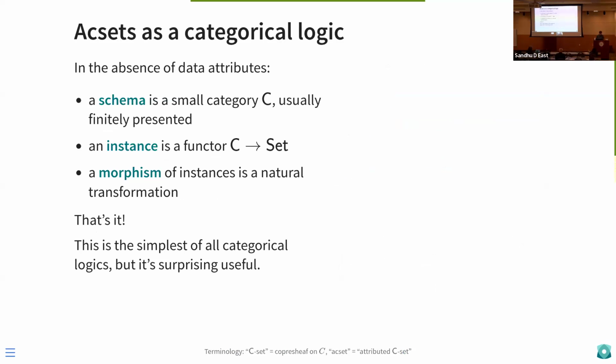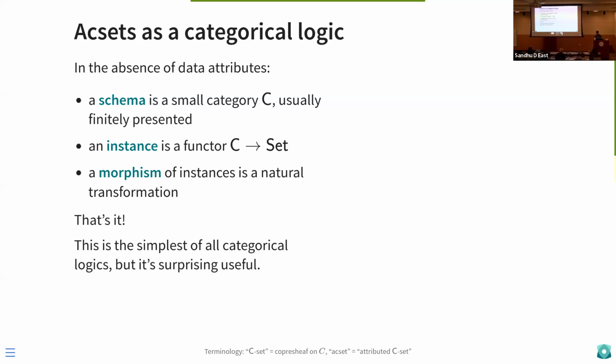So to say this a little more precisely, if you ignore this business about data attributes, which adds a little complication to the formalism, the basic formalism for a database without attributes is extremely simple. A schema is just a small category. Usually, in practice, you would present it by generators and relations. And an instance of that is a functor into Set. And then a morphism of instances is a natural transformation. And from the point of view of this talk,